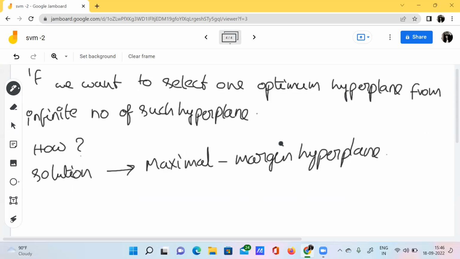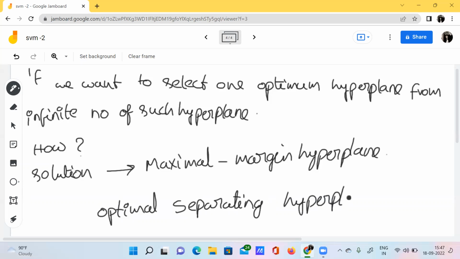And remember one thing, this can also be called the optimal separating hyperplane. We can also call this maximal margin hyperplane the optimal separating hyperplane.